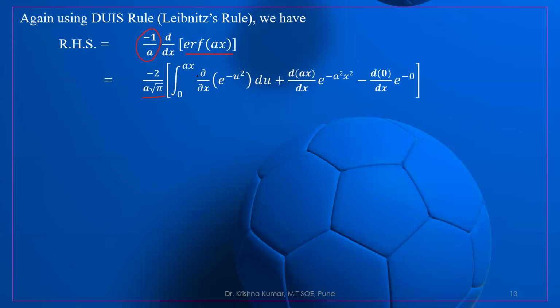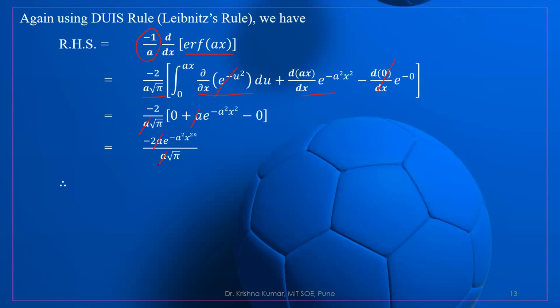Then integration, for which we are using the Leibniz rule. So integration of the function, which is the partial derivative of the given function. Then derivative of upper limit, function value of the upper limit, minus derivative of lower limit and function value of the lower limit. So this will be 0, this is 0, this is 0 and this is 0. So we are getting this part only and we are differentiating with respect to x. So the answer will come in a. So minus 2a root pi. So this a and this a will cancel. Correct? So this a and a will cancel.